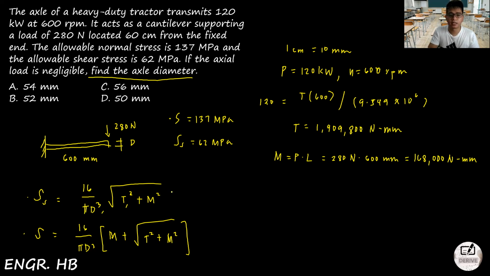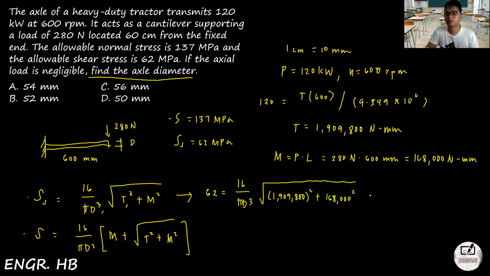So let's take shear stress first. Shear stress, so this is it. That will become 62 equal to 16 over pi d cubed. It should all be in megapascals, guys, because the torque is still in Newton mm here, even if you square it, since it's square root afterwards, it will be back to Newton mm. So that was the square root of 1,909,800 squared plus 168,000 squared. So the answer is